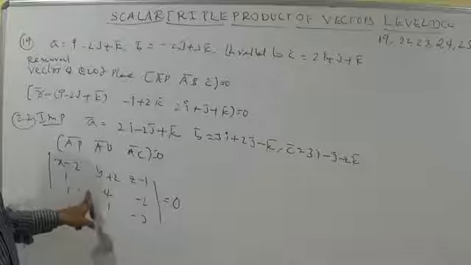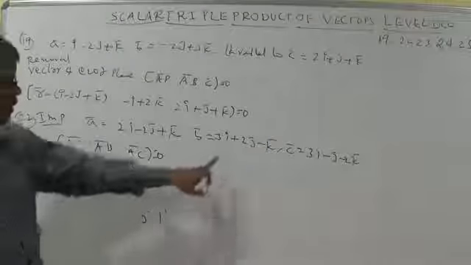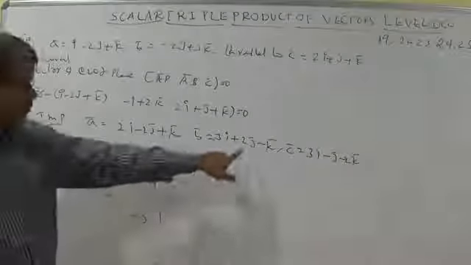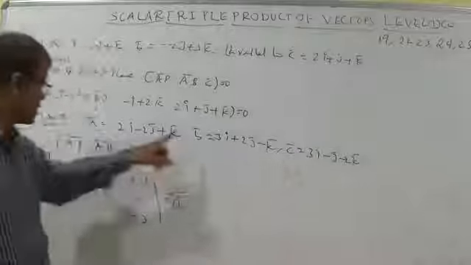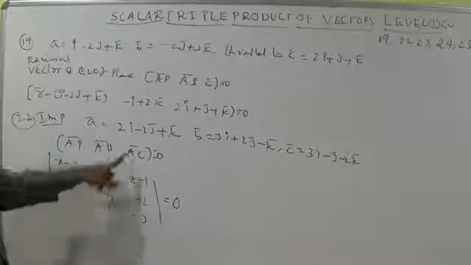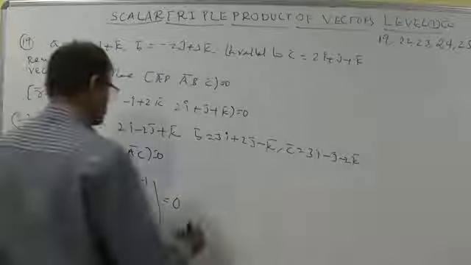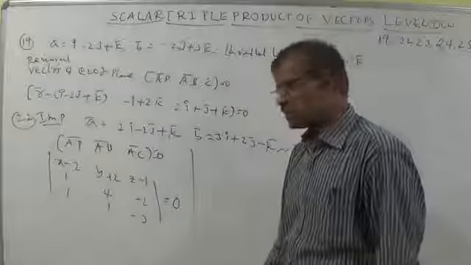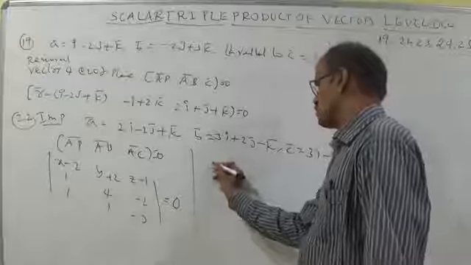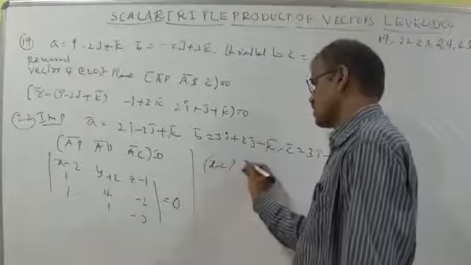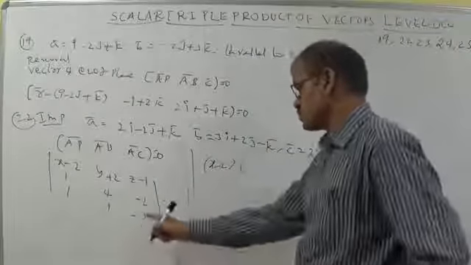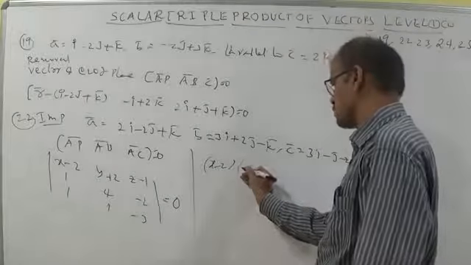3 minus 2, we have written 2 plus 2 and minus 1, b minus a concept here, c minus a concept 3 minus 2 and minus 1 plus 2 and minus 2 minus 1. Using this one, you should calculate the determinant. So you can write here x minus 2 into 4 3 are 12, minus 12 plus 2